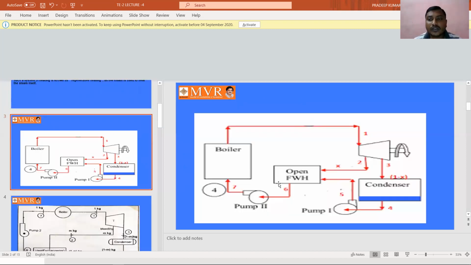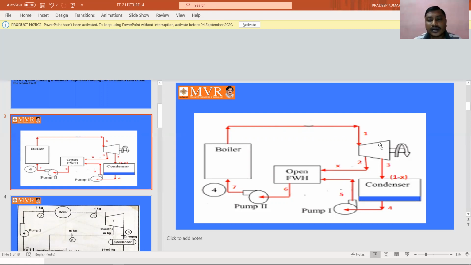Coming to the diagram, see what is happening in the regenerative cycle. Here we are feeding water. Feed water is fed into the boiler. Here the fed water from the boiler has been converted into superheated steam or dry saturated steam. The superheated steam or the dry saturated steam enters the turbine at point 1, and in the turbine the steam with high pressure and high temperature,